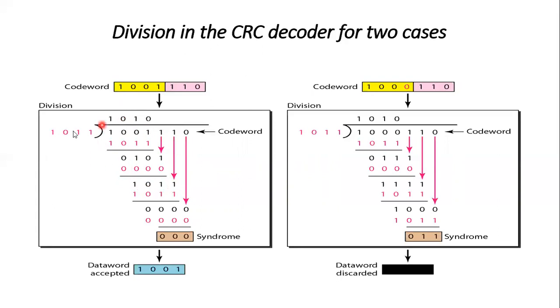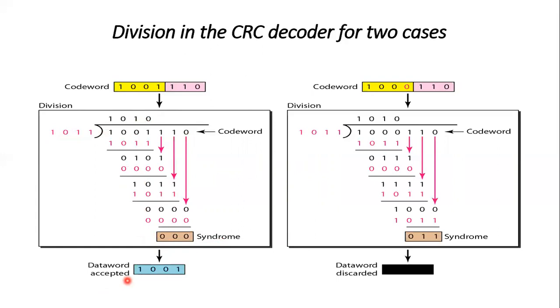So this is divisible by 1 time. So 1 into 1 0 1 1 is 1 0 1 1. So 1 1 is a 0, 1 1 is a 0, 0 0 is a 0. So 1 1 is a 0. Okay. Now we bring this 0 here. Therefore we put the 0 here. Then 0 into 1 0 1 1 is 0 0 0 0. So 0 plus 0 XOR 0 is 0 0 0 0. Okay. Now the syndrome is 0 0 0 0, 3 zeros. Hence we accept the data block.